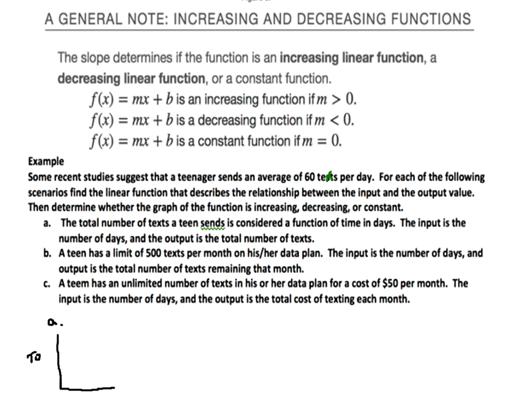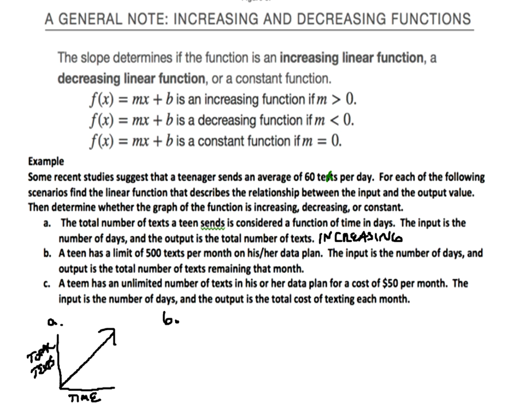And they are telling us that the total number, so total text, is our Y variable, or output variable, our dependent variable, and our independent variable is time in days. And it says the input is the number of days and the output. Okay, so as time moves on, I would say they're going to be sending more text. So this would have to be an increasing